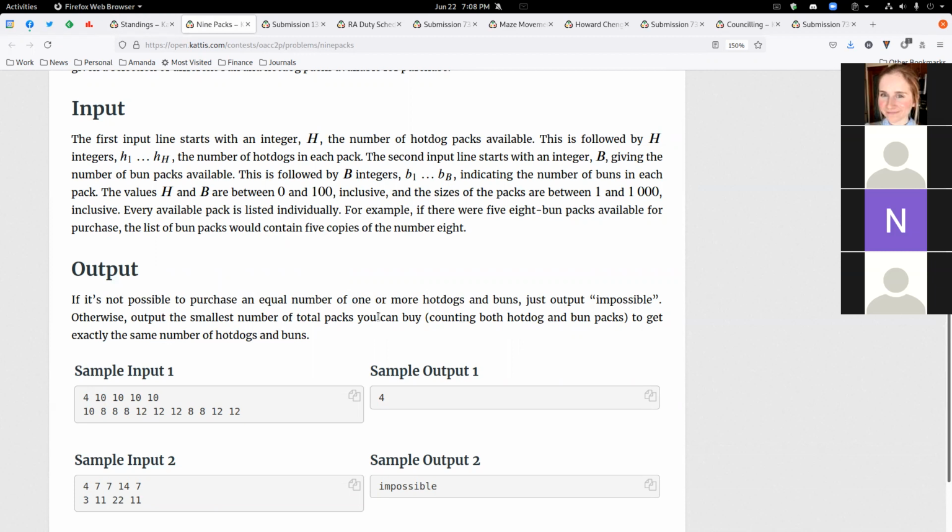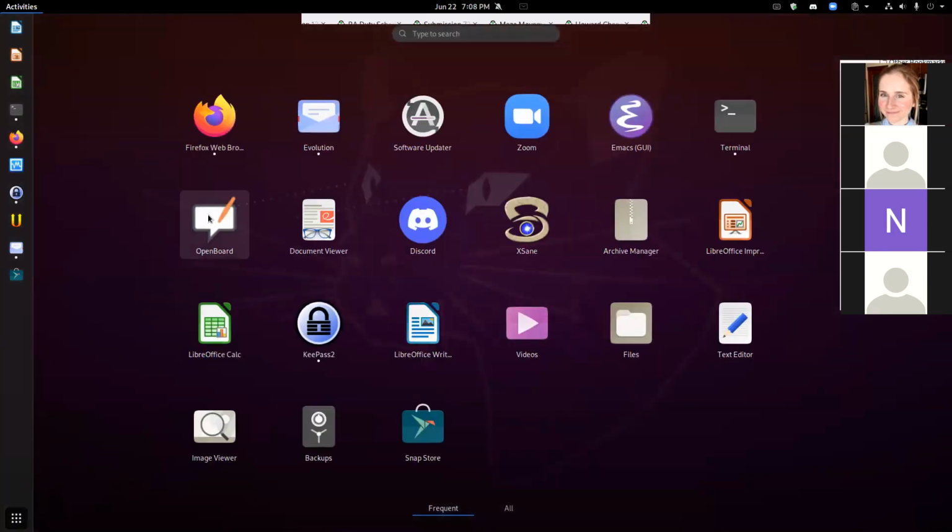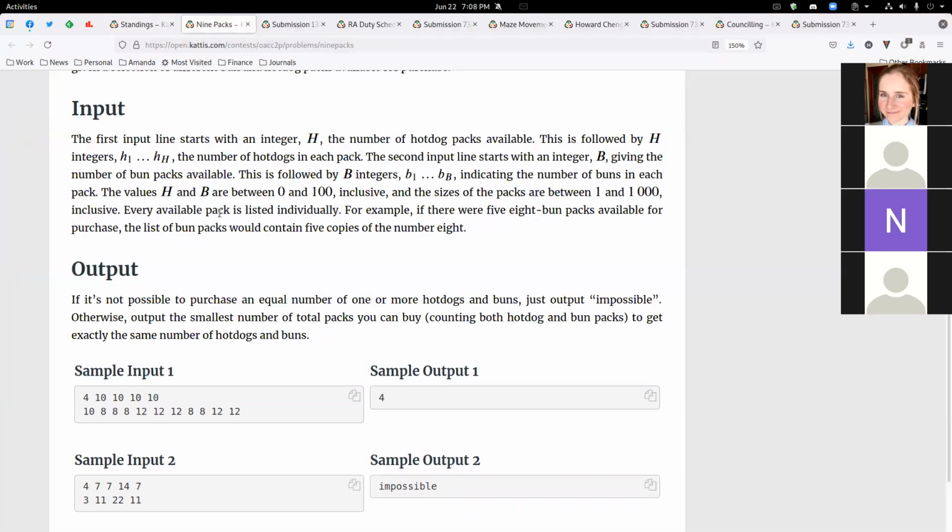Okay, so basically, if you think about only hot dogs or only buns, just one thing at a time, then you're basically doing a kind of knapsack or coin changing problem where you have a bunch of different denominations. Okay, let's see. I need to start my